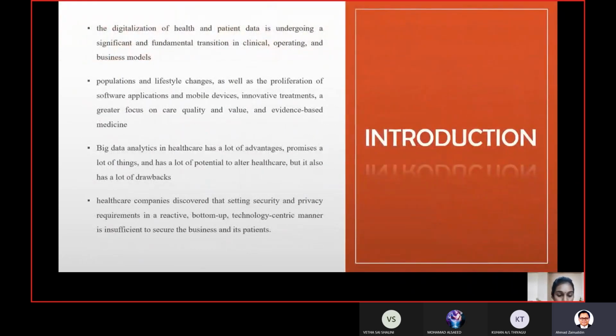Next is the introduction. The health industry has seen an increase in the volume of data. Big data refers to the collection of huge or complex data sets that are beyond the processing capability of traditional methods or systems. We can see that several elements in healthcare are providing the required motivation to utilize the power of big data.